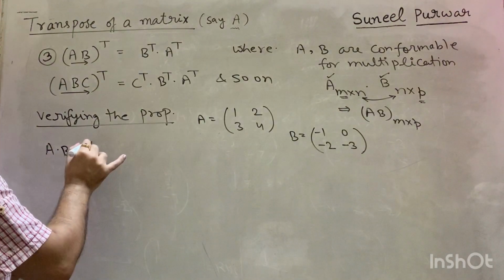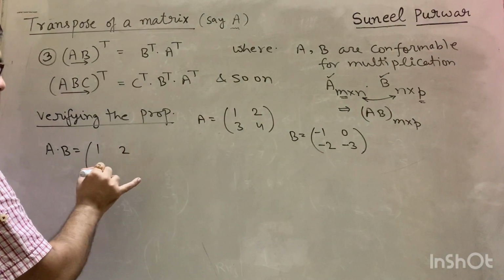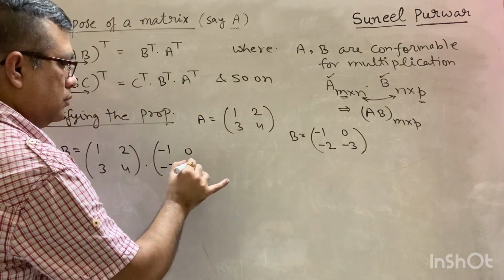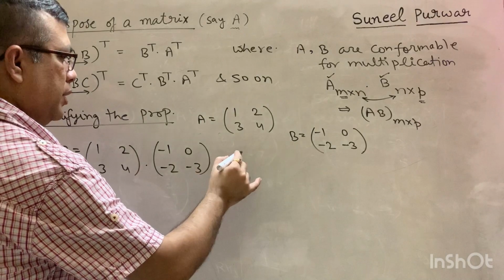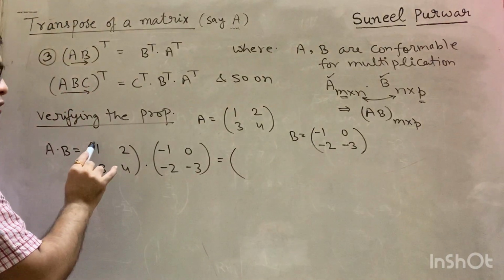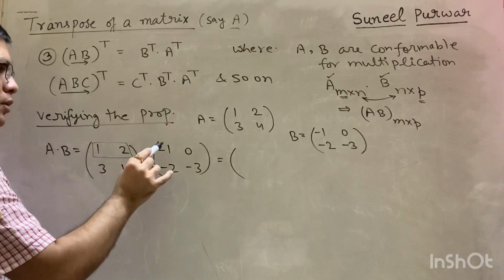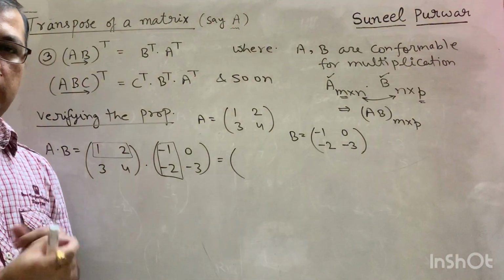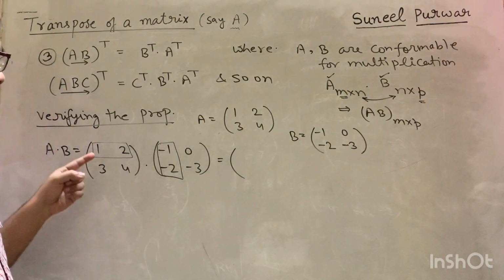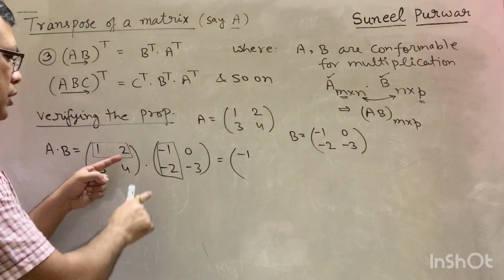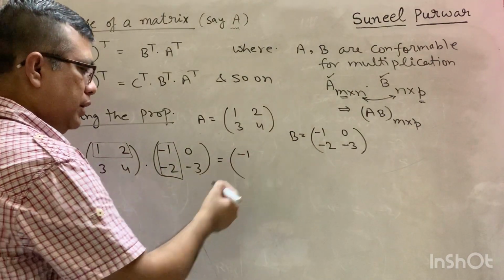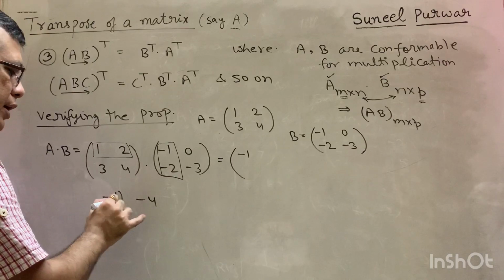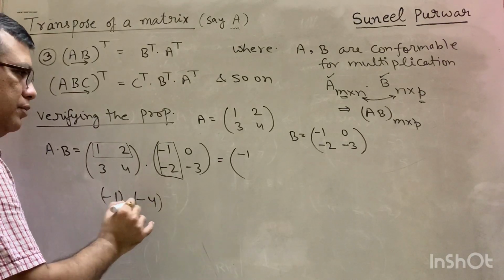Your first matrix is A. Write that 1, 2, 3, 4. Matrix B is this. Multiply them. So on multiplying them, you will get, how you multiply? First you take the first row and then here you take what? First column. And multiply the corresponding elements and then you add that product. So 1 into -1, what is that? -1. 2 into -2, that is what? -4. Okay. So 1 into -1 gave you -1, 2 into -2 gave you what? -4. And then you have to add up both the numbers. What is that? -5.